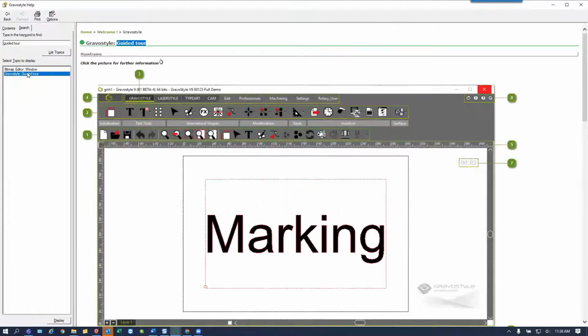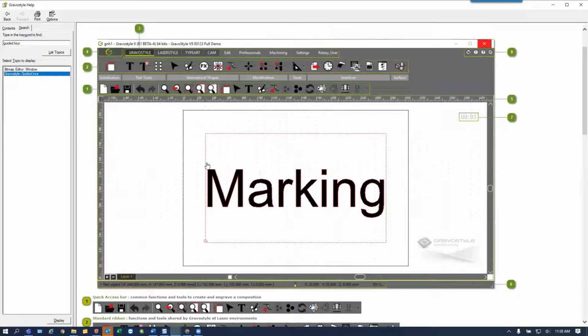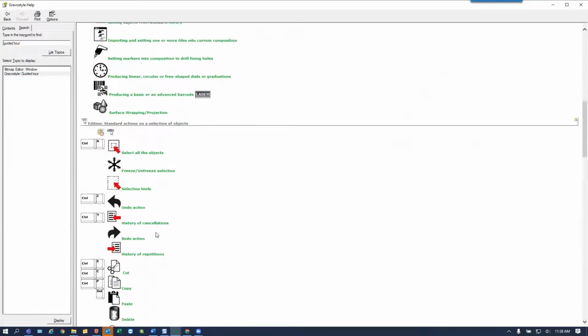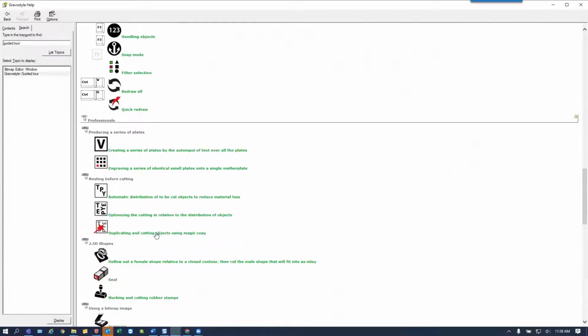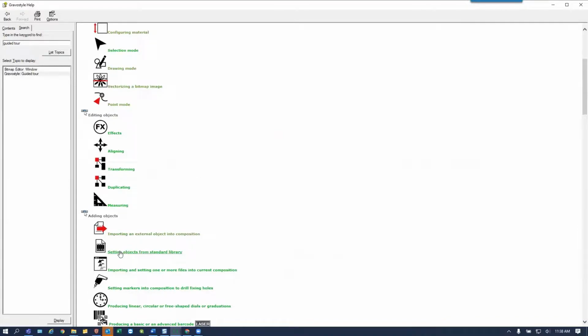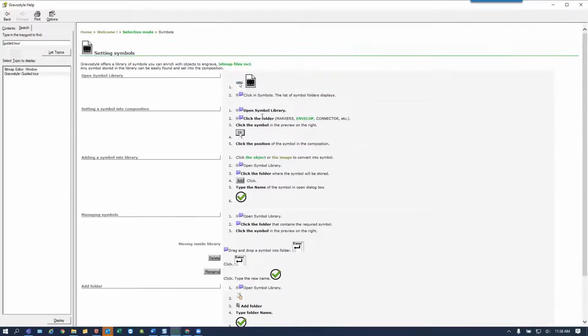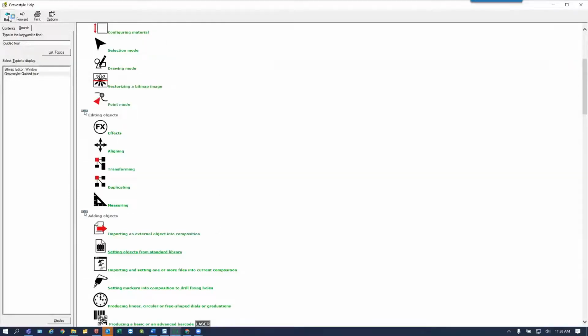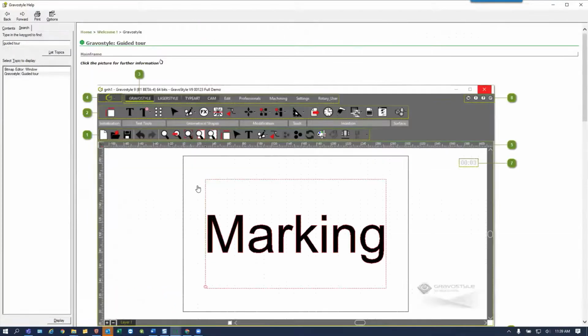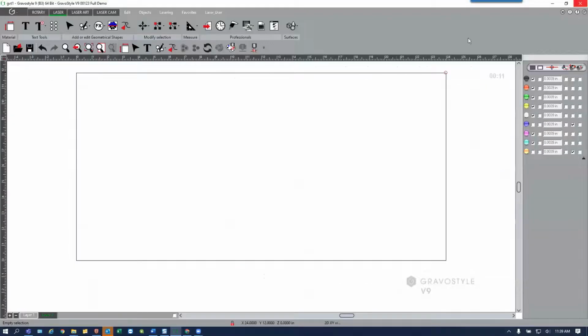So if I select the second one, then it takes me to the interface window and allows me to start exploring by group. So if I click on the user toolbars, then it's going to take me down and give me additional explanation on what each of those tools, what job it performs. So again, anywhere that I see green text, that's a hyperlink to take me to additional explanation on that subject. So I can simply click back and back up to the beginning. Okay. So this proves to be a very helpful tool in helping you to understand